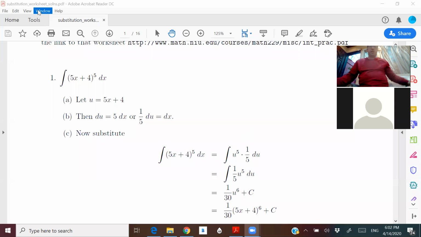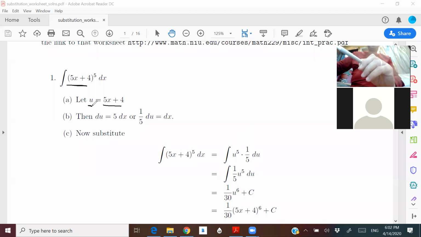Okay, today's lesson is integration by substitution. A little information about substitution: it means substituting the main function by a letter and determining the integration using the new variable. In this part, number one, if you want to integrate (5x + 4)^5 dx, we have